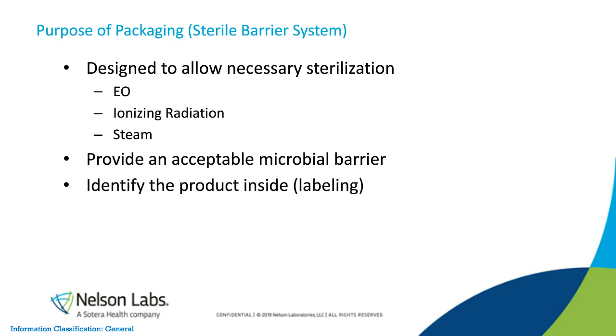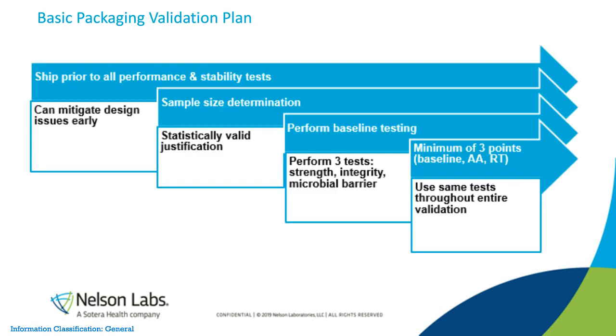Okay, the packaging that's used as a sterile barrier system needs to be validated. Packaging validations are outlined in ISO 11607. Final configuration packaging with product is sterilized. Sometimes people will run 2 sterilization cycles to simulate a worst case. The samples are run through a transportation and distribution simulation